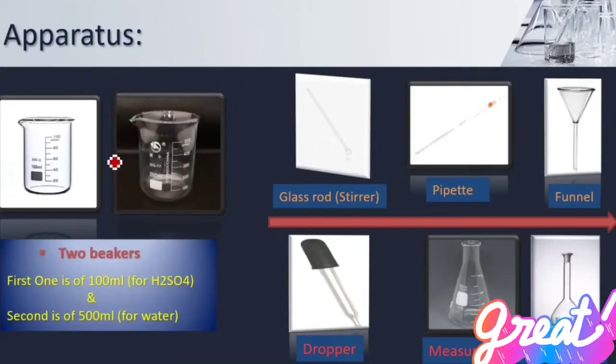Next, talking about the apparatus, the required apparatus is two beakers, one of 100 ml for pouring the acid and the second one of 500 ml for water. The glass rod or stirrer for mixing the chemicals, the pipette to suck the sulphuric acid, a funnel to keep it safely into the flask, a dropper to add a small amount of water when the water reaches near the mark,